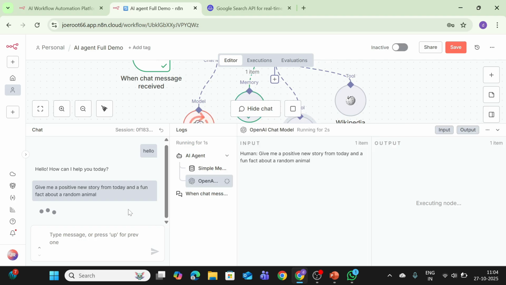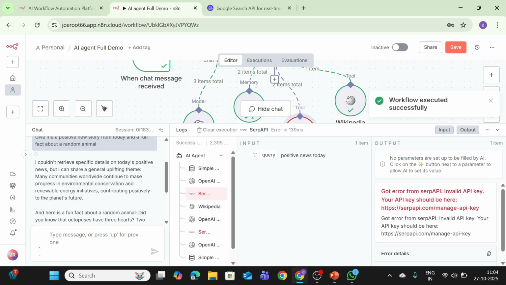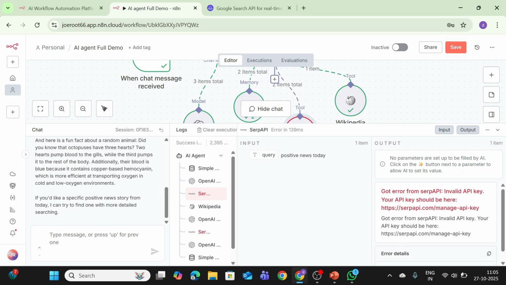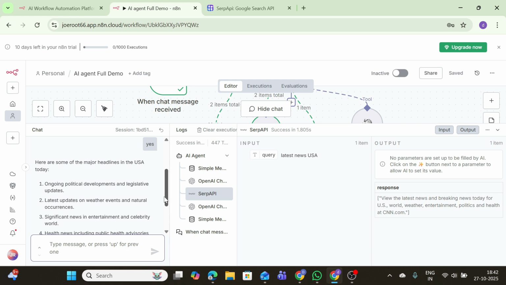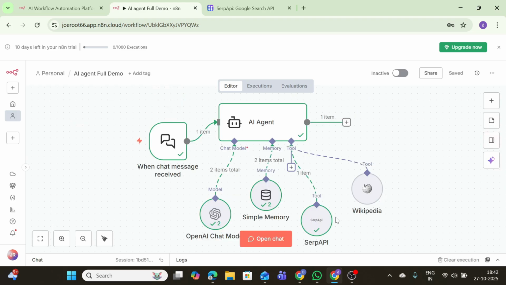Okay, let's see if it's giving me a response or not. If it's giving me, then okay, invalid API. Okay, here they are providing me information. It means it's working. As I have given some prompt here, and they have responded completely. Now we can see that our SERP API has worked completely along with all the previous nodes which we